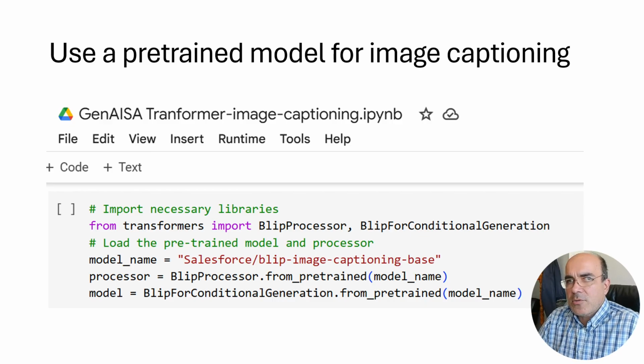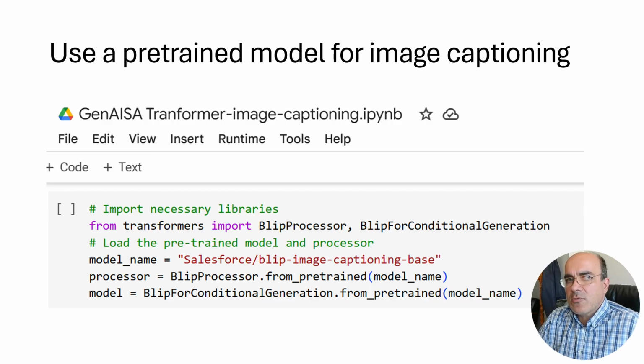The process typically involves pre-processing the image using a dedicated processor, passing it through a pre-trained model to generate a caption, and then decoding the output into human-readable text.